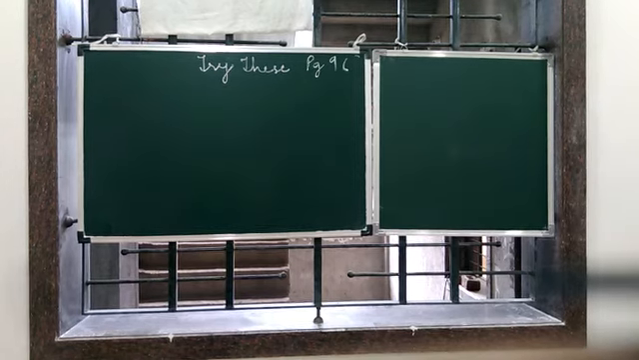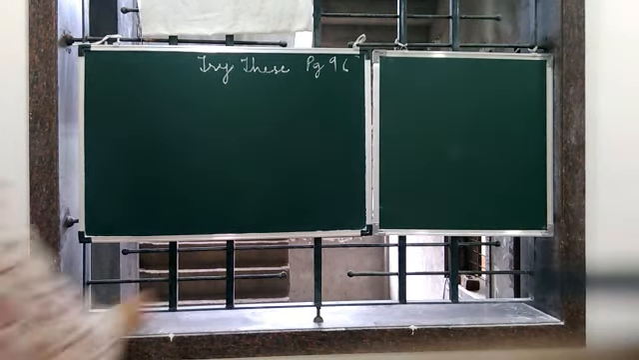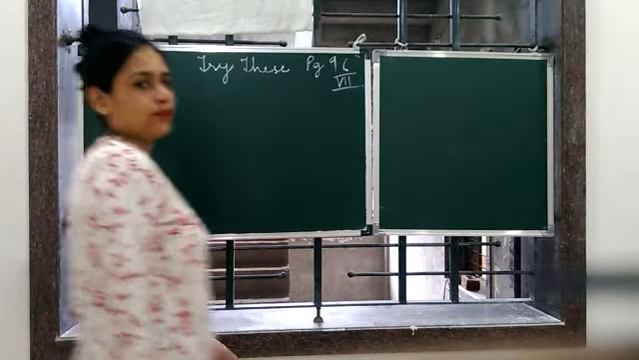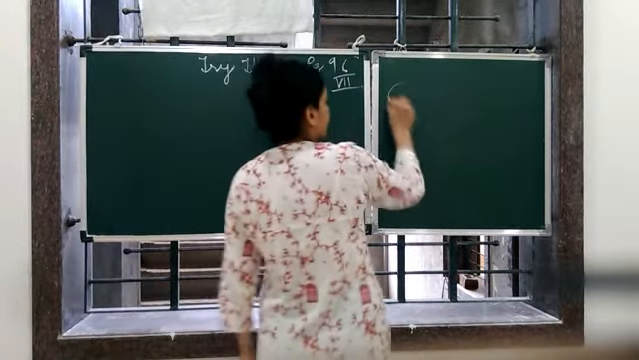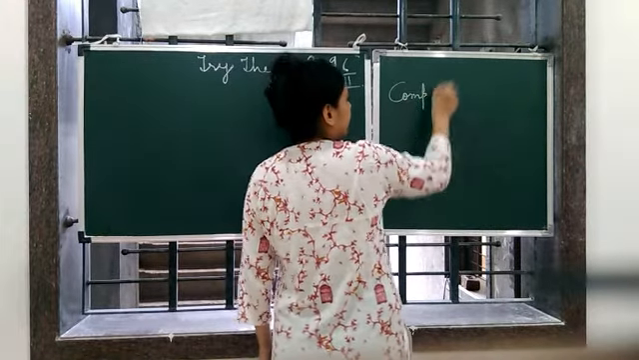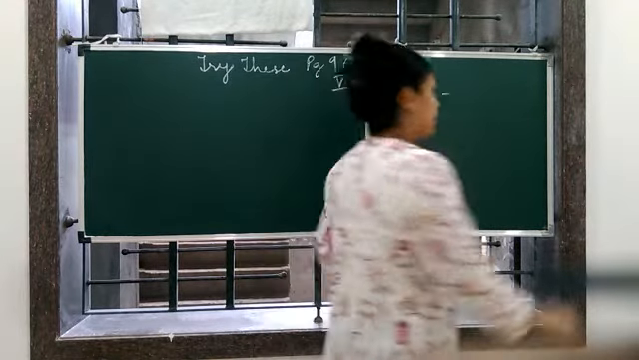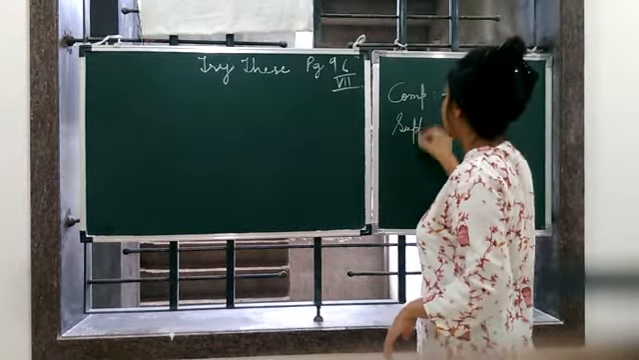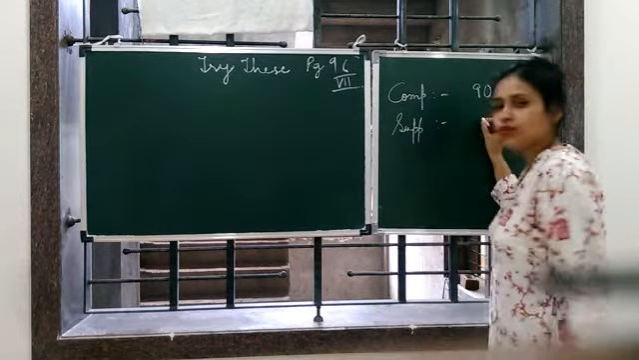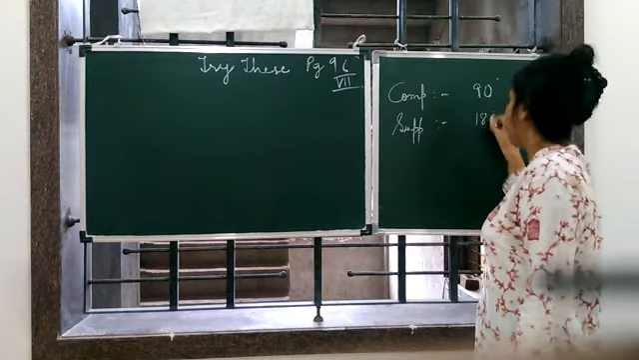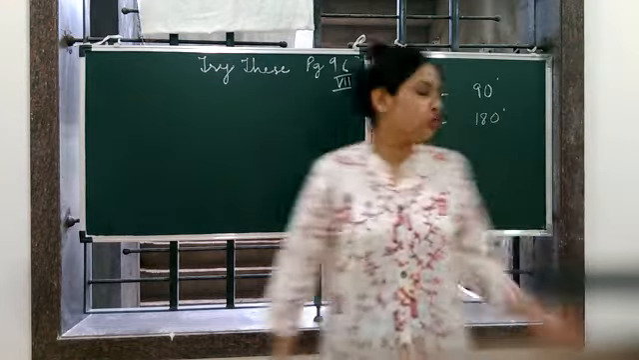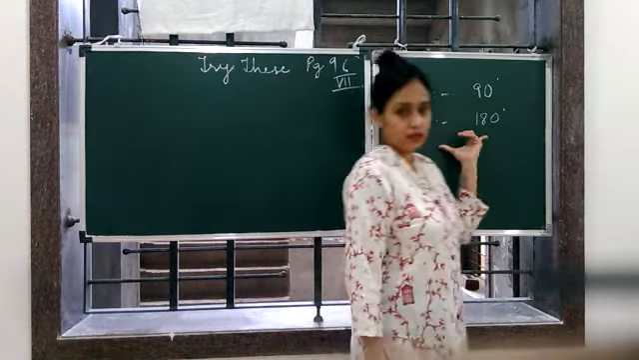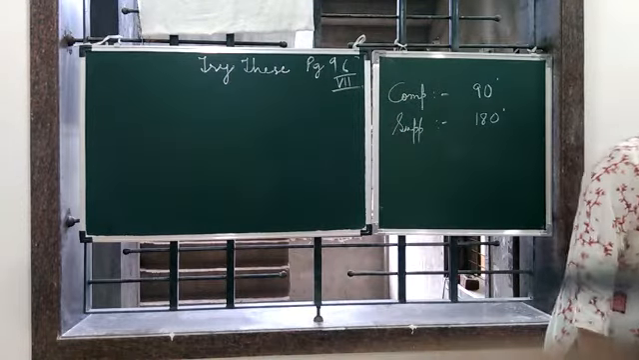Okay, welcome back children. We are starting with the Try These of page 96. We studied the complementary angles and the supplementary angles. Complementary angles, when the sum of two angles is equal to 90 degrees. Similarly for supplementary angles, what did we study? When the sum of two angles is 180 degrees. So Try These of page 96 is based on this only children, that is the supplementary angles, because complementary